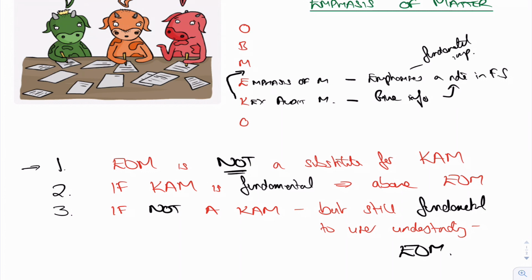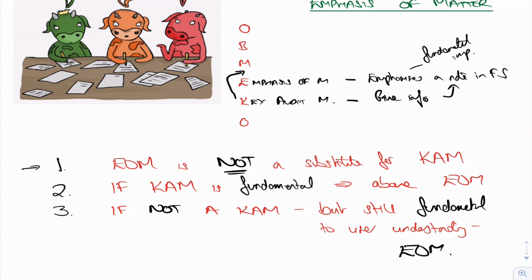Now, I know probably most of you are thinking, yeah, but can you give me some examples? Well, no, you can't, can you? Because remember, key audit matters, etc., they're all specific to the audit. You can't say this is always a key audit matter, this is always emphasis of matter. You can't say that because it's specific to the audit.